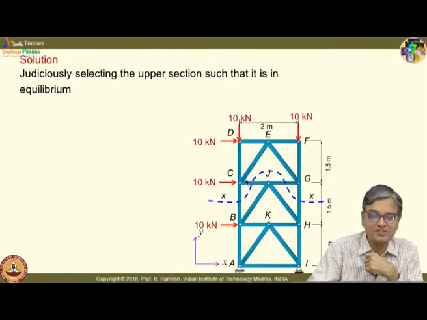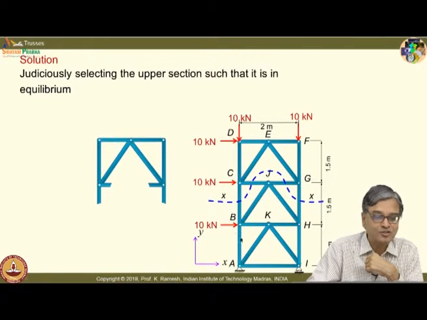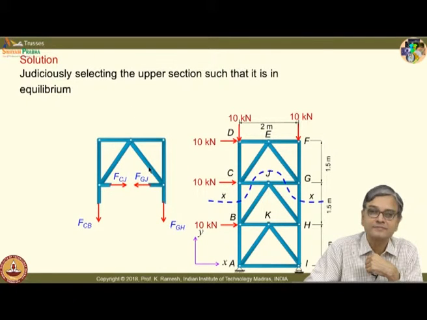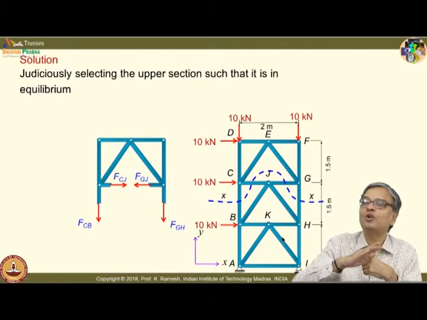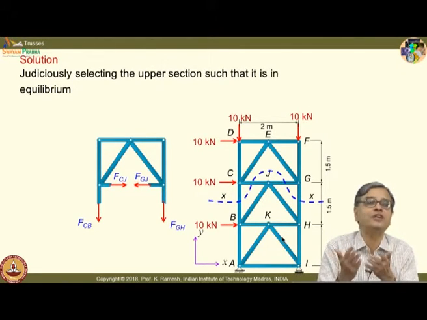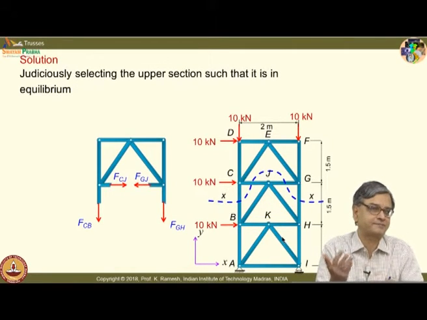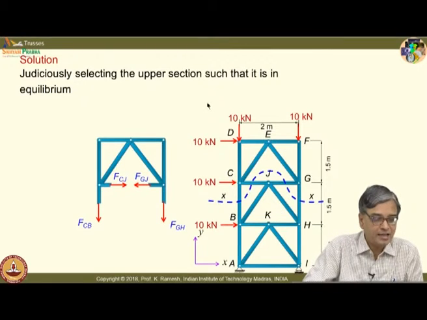I will take a section like this, and what I am going to do is I will separate this. So, when I look at this free body, first thing is I do not have to find out the reactions to solve this free body. I could solve the problem by solving the upper part or the lower part. I cleverly take the upper part because I do not want to determine the reactions, because the question is only to find out forces in 3 members. But here I have the forces FCB, FCJ, FGJ, FGH, they are 4 in number.